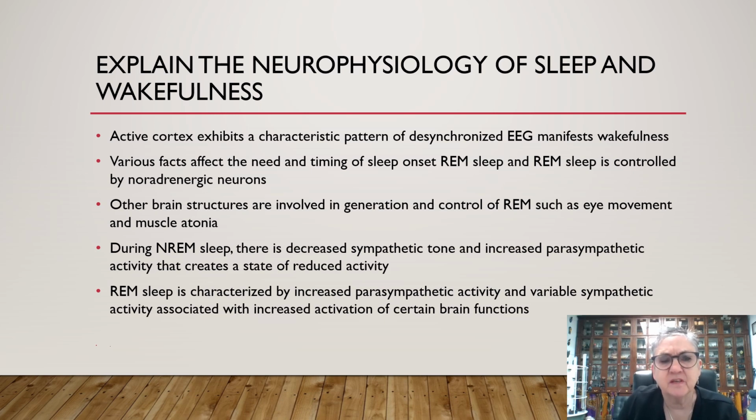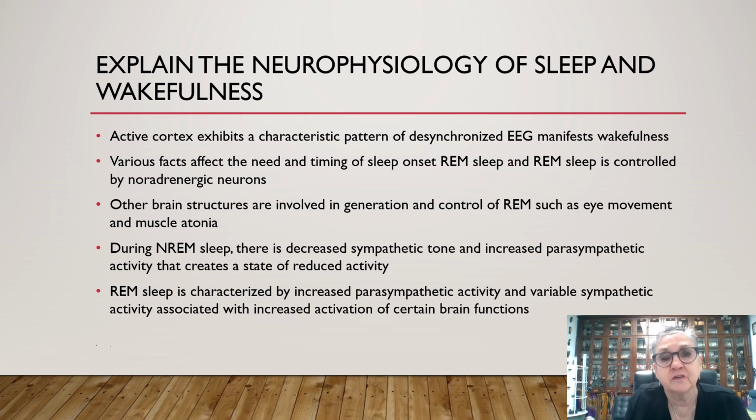Various factors affect the need and timing of sleep onset and REM sleep, and REM sleep is controlled by the noradrenergic neurons. Other brain structures are involved in generation and control of REM, such as eye movement and muscle tonia. During non-REM sleep, there is a decreased sympathetic tone and increased parasympathetic activity that creates a state of reduced activity. And REM sleep is characterized by an increased parasympathetic activity and variable sympathetic activity associated with increased activation of